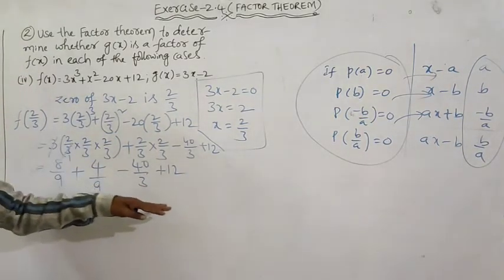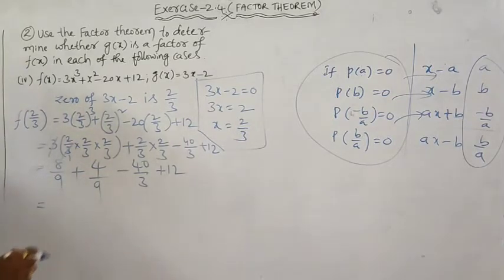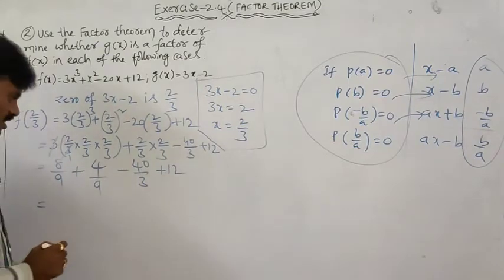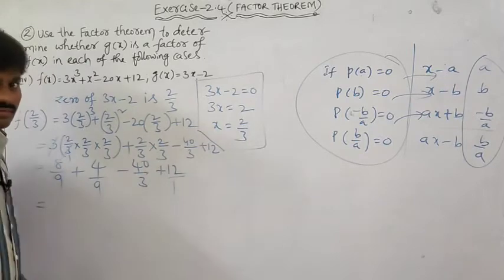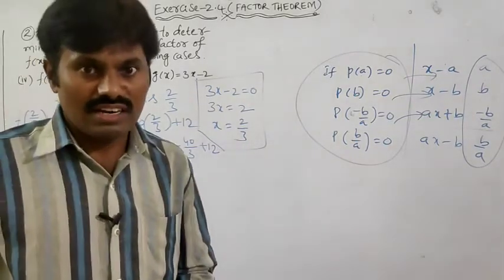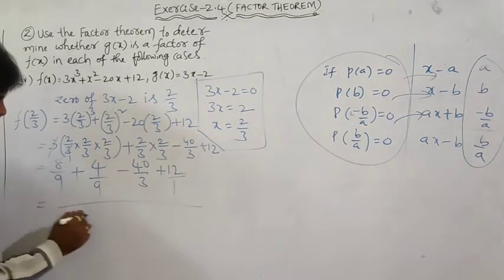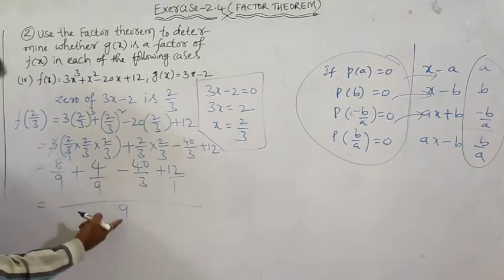After simplification this mathematical statement we got. Now next again you have to simplify it. Whether the final value is 0, then this is a factor or else not a factor. Okay. Now observe the denominator. What is the denominator? 9, 9, 3, 1. Then how to simplify fractions we know already, we learned in previous classes. Yes. So what is the LCM? You have to find out the LCM. What is the LCM? Obviously 9 because 3 is a factor of 9, so 9 is the LCM.